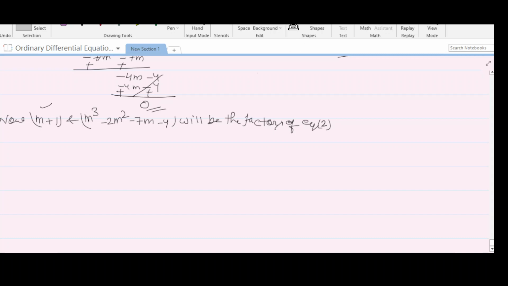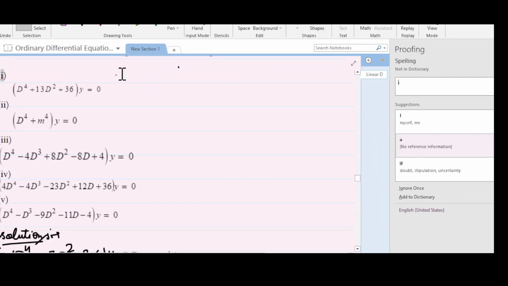Processor is slowly becoming a headache for me. I will make it okay. Now